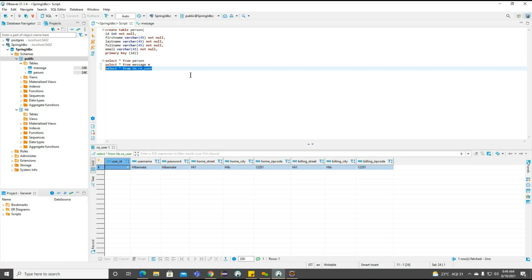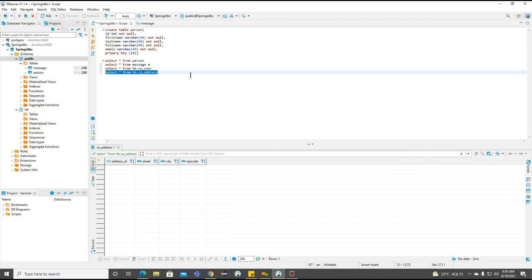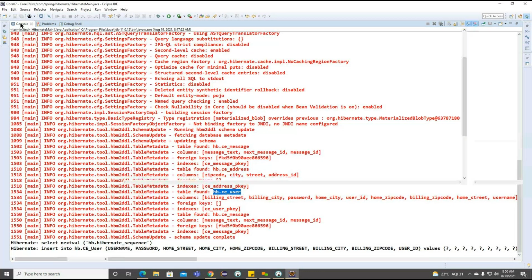But now what you are understanding here, with the help of this particular component, we can go for the different columns here. Right, now first we can go for the hb dot ce underscore. So we did not insert any data. So there is no relation here. To insert this particular data, now what can we do?